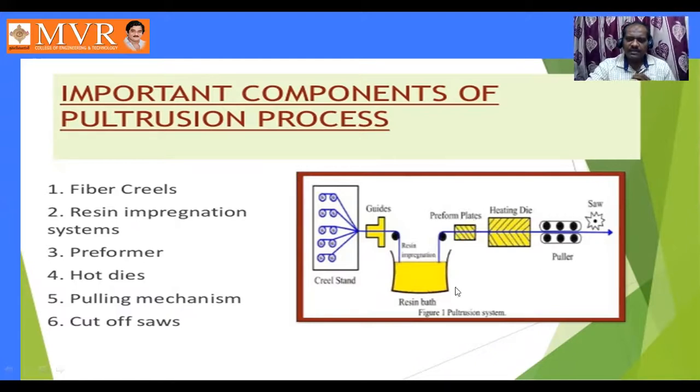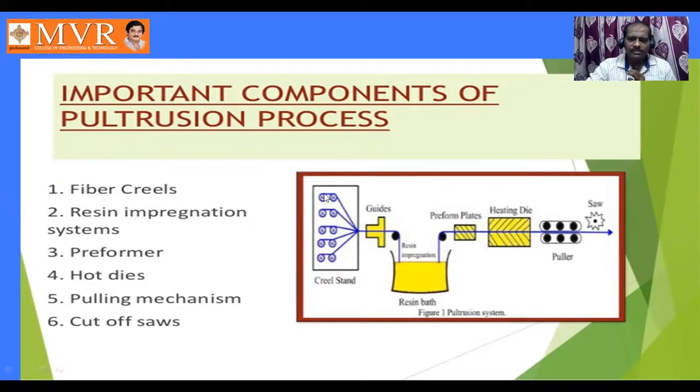Here we are going to remove the wetness of this fiber. Next, it is passed through the pulleys. Pulleys means a number of heat. This is the saw. So the pulleys are going to drag this one. By dragging this one, it is going to be passed. And here a saw is there to cut the dimensions.